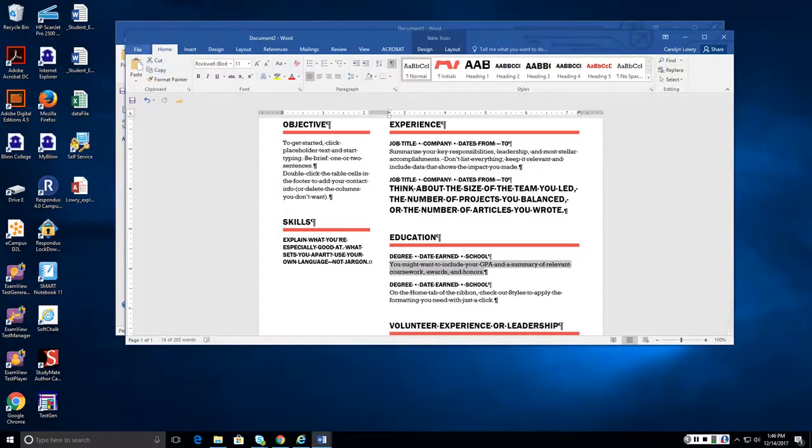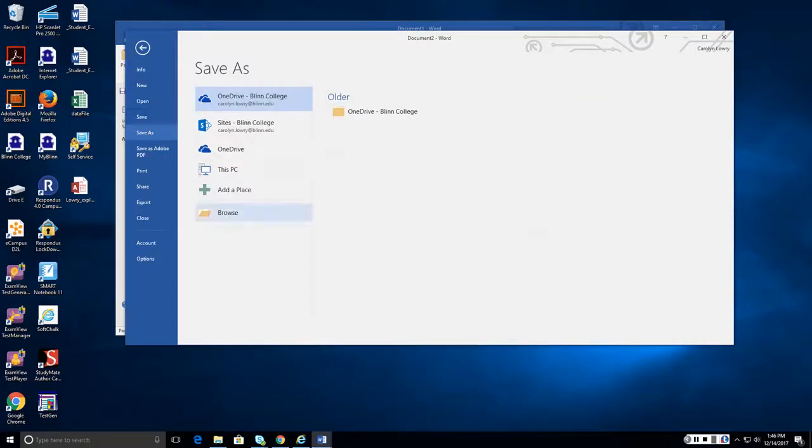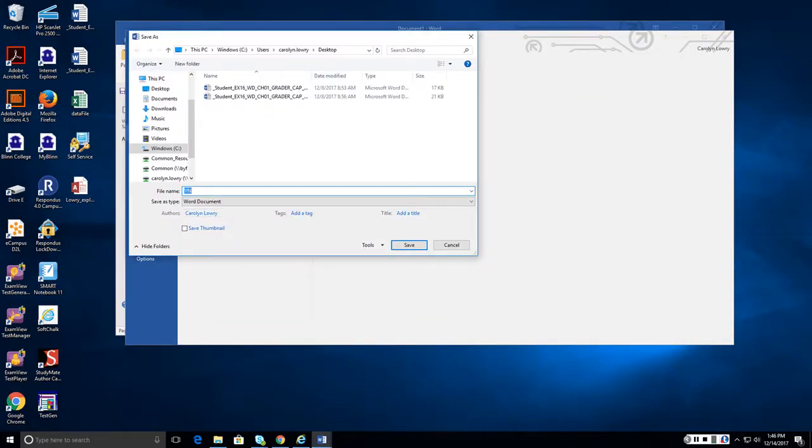So saving a file, save. And first of all, we're going to browse and we're going to find the place to save it. If you're using Campus computers, you may want to save it and then move it to your Google Drive or to some way for you to be able to access it at home. You can always email it to yourself to make sure that you have a copy of it. But we choose the location,